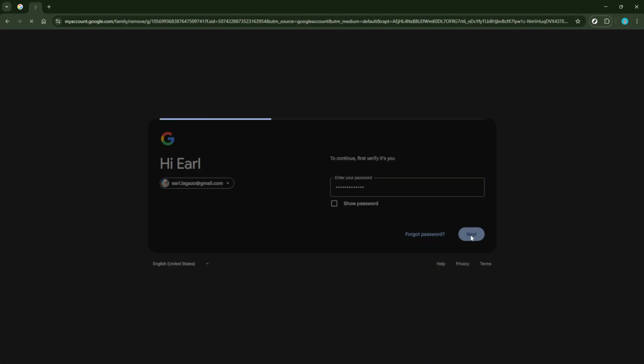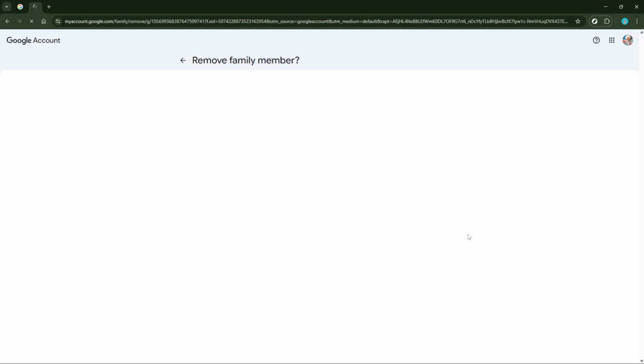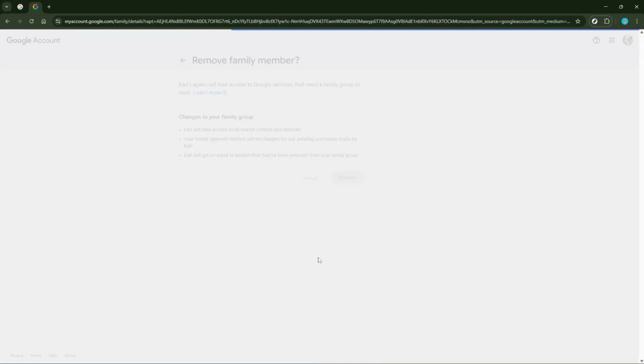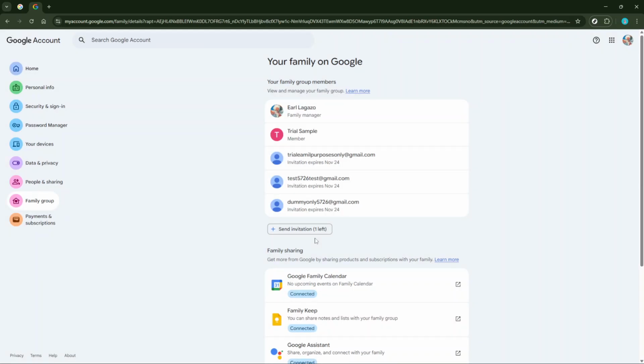The child's Google account will now operate independently, free from the constraints of the Family Link supervision. It's a simple yet effective process that ensures you're always in control of the settings and permissions affecting family accounts under your management. Remember, managing digital settings for your family is an ongoing process, and knowing how to adjust tools like Family Link helps you stay adaptable to the changing needs of each family member.